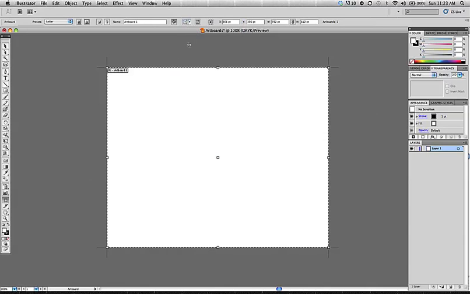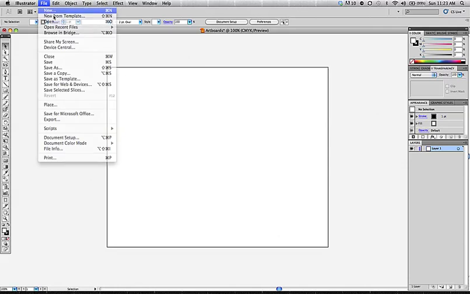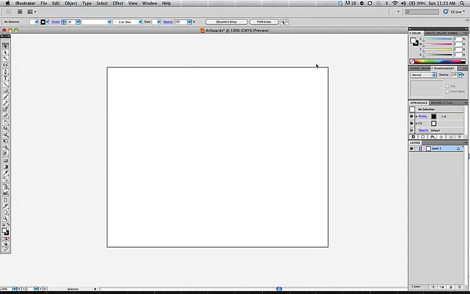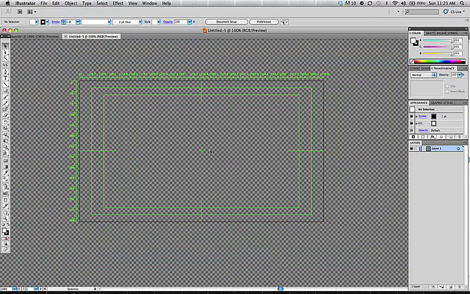So I'm going to just back up for a second. If you just click on any other tool, it takes you out of the artboard tool interface. I'm going to do File, New, and I'm going to open up a film and video document. I'll just go NTSC widescreen. Okay. When you work with a film and video file, it looks totally different. We have all kinds of things on here. We have our center mark, our crosshairs, and our safety margins, our action and text safe margins,